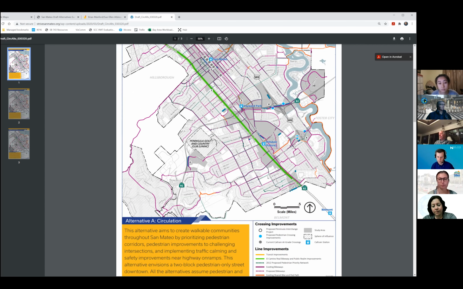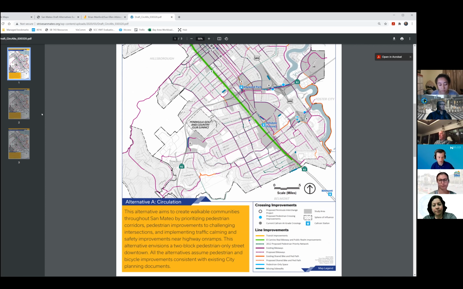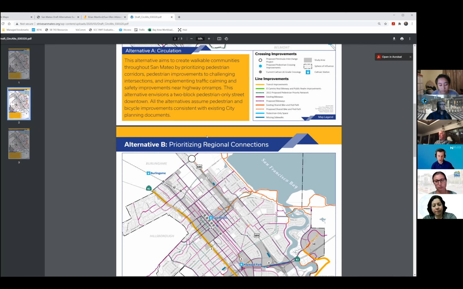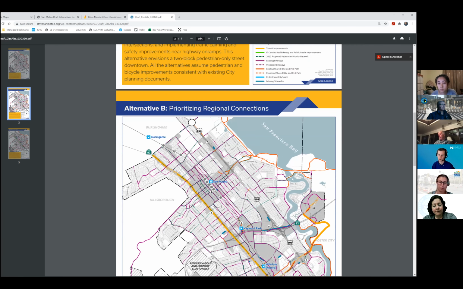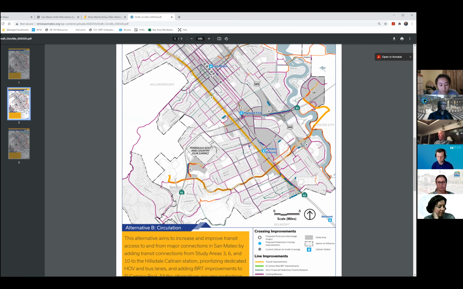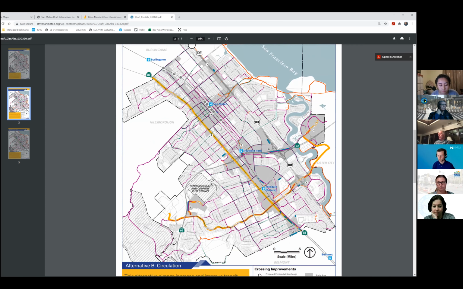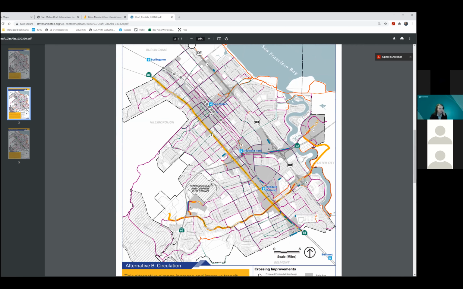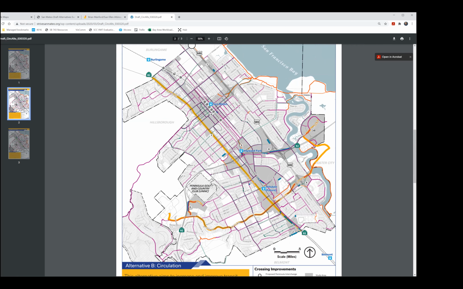And then alternative B is looking more at the regional connections. So it's called Prioritizing Regional Connections, and it's built off the premise that Caltrain is over halfway through their electrification. They're going to be improving service in 2023, 24. So there'll be more faster trains and more frequent trains. And so taking advantage of that north-south, how do we get more people, how do we allow more people to